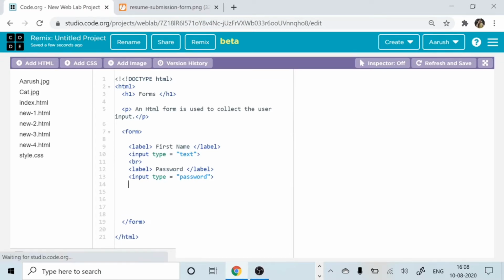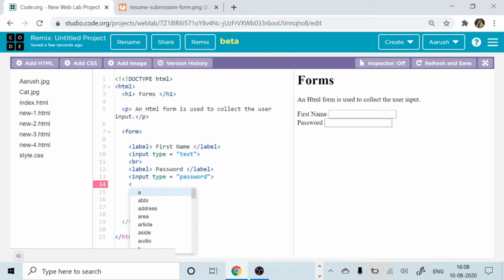Okay. Now let's talk about the date thing. Okay. So suppose I put a break tag, and then I'll put BR again, correct? And then what we will do, we will put the label again, that is label, and I will say it is birthday. Suppose you're writing your birthday. So how are you going to make it?